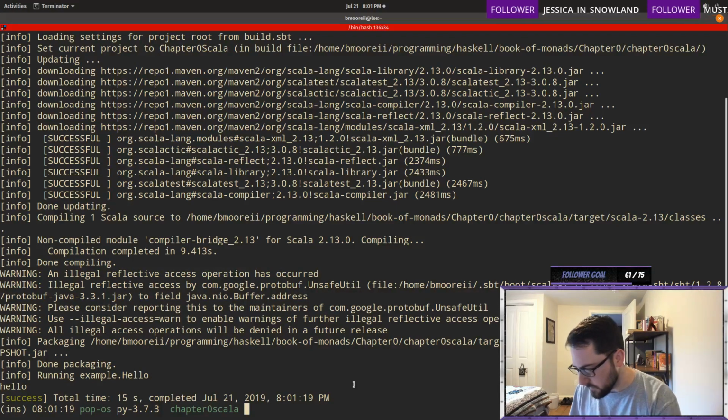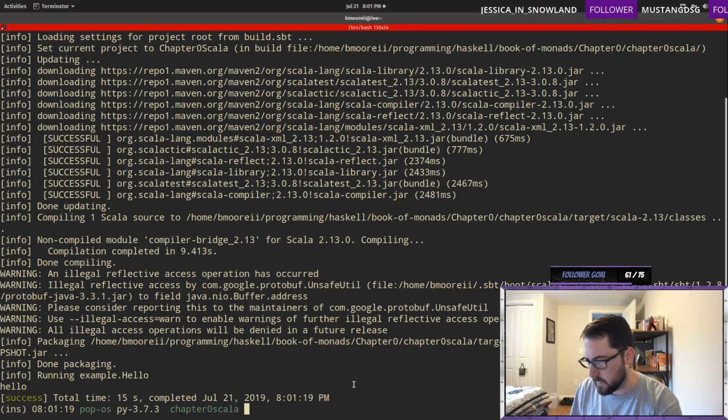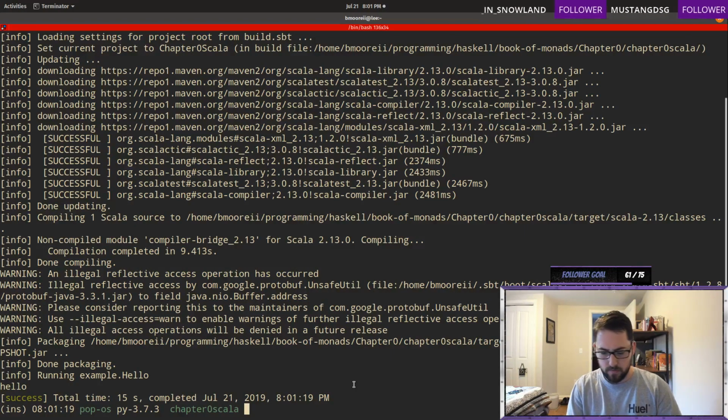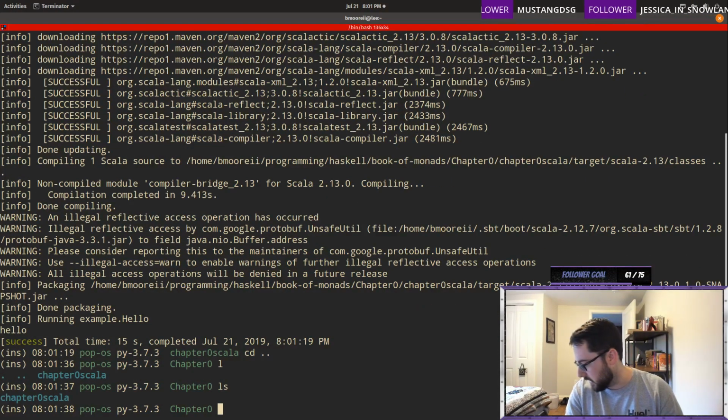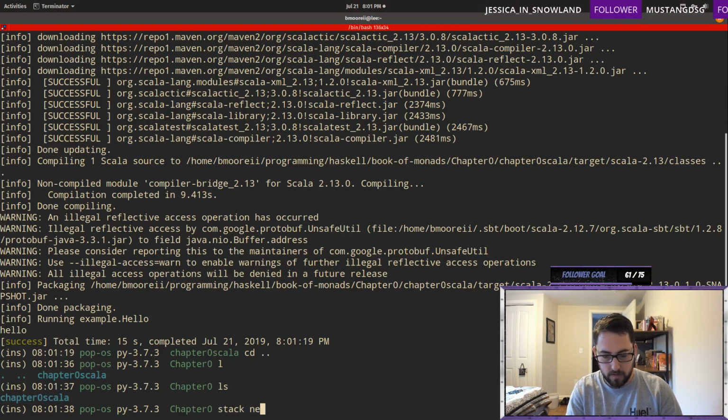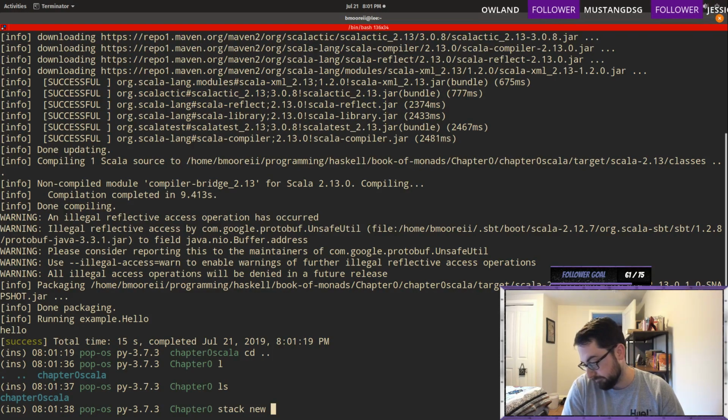Okay, so we'll keep going. We're just hacking, so I'm not really trying to become a Scala person, but there is some code in here that we could discuss that's Scala related. I don't know. We are typically a Haskell stream, so fine.